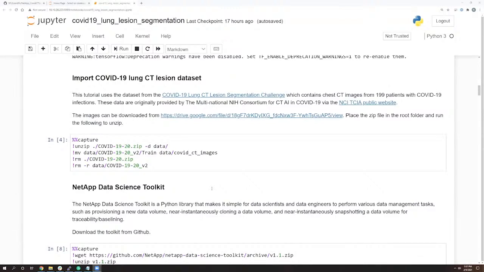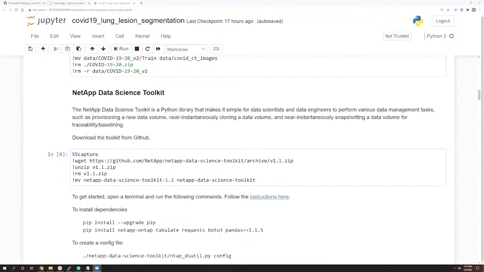Now we have the model, we have the libraries. The next thing we need to do is to download the actual data we use. So the data we used in this tutorial is from an open data challenge for the COVID lung CT lesion segmentation. It contains chest CT images from 199 patients. We can download the data from this link. So by running the cell,